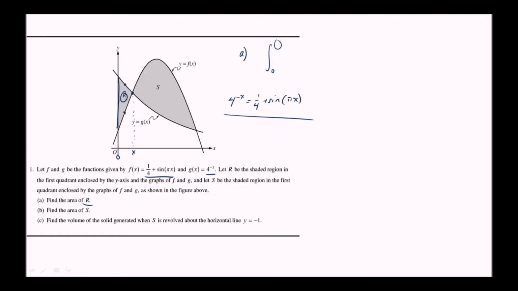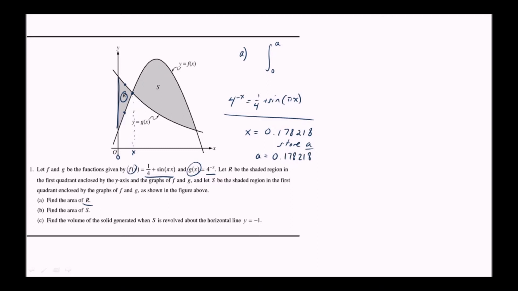So what we'll do is plug the two functions f and g into our graphing calculator and solve for the intersection point. When we do this, we get x is equal to 0.178218. It's important not to round here, and so it's best if you store this value as some variable, maybe a. So store it as a, then when you integrate, you want to integrate from 0 to a, where a is equal to